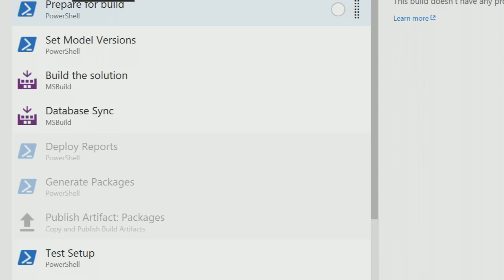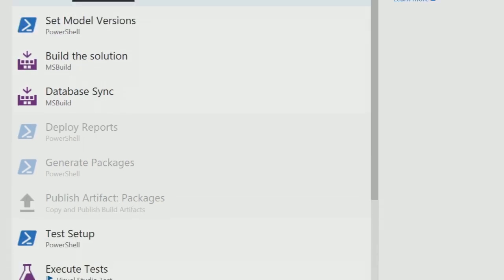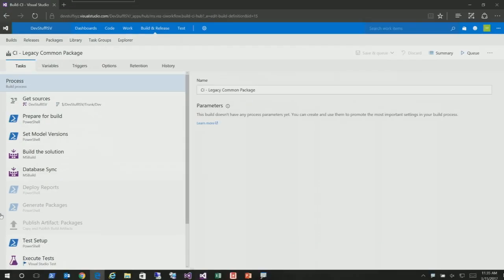So I've turned a bunch of these things off. There are actually variables to turn them off as well, but I've turned them off here because it's very visible. The other option, this came up earlier, is setting model versions. I recommend people do that, and we don't have that feature out of the box yet, but as you can tell, we're prototyping it, so hopefully that'll come in one of the not too distant updates that will actually support this out of the box as well. So this is my build definition. I haven't made too many changes. I just turned a few things off,